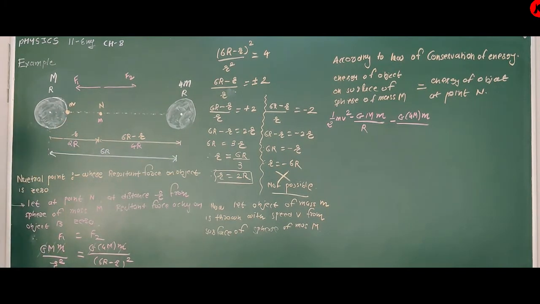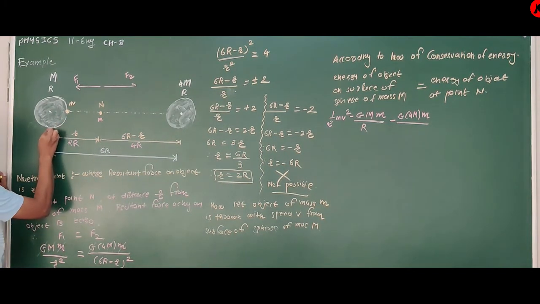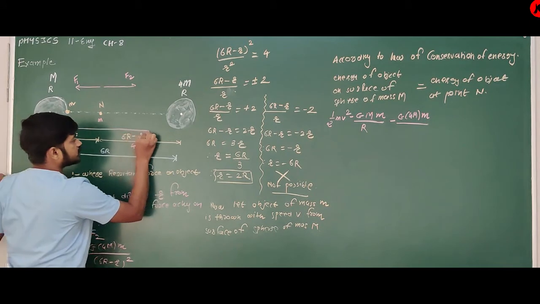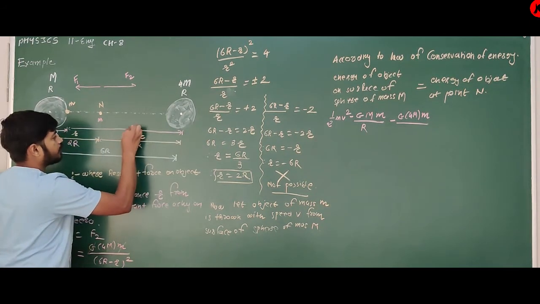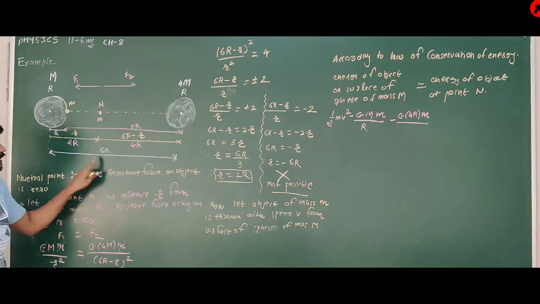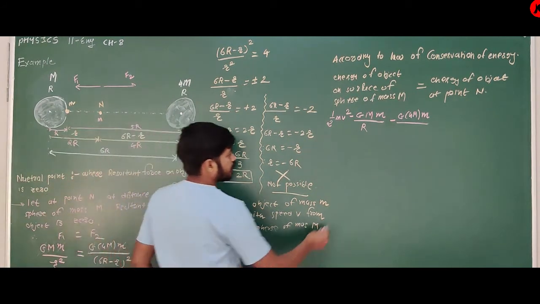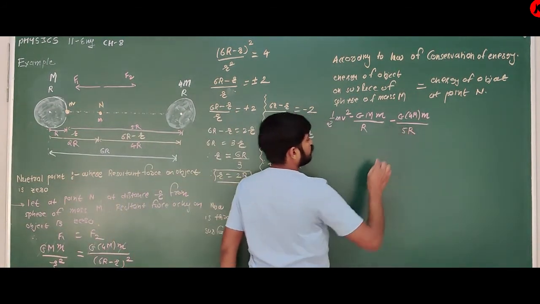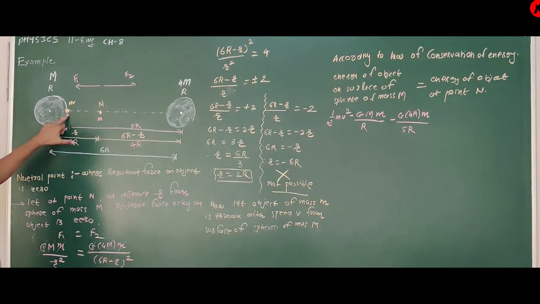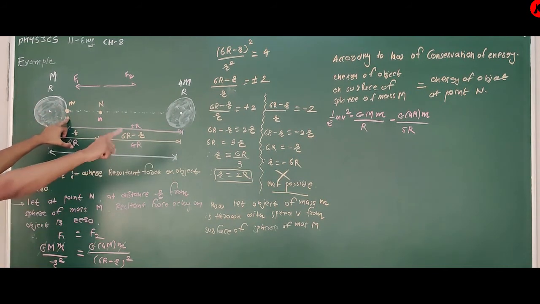The distance from the center to this point is r, so the total distance is 5r, because the center to center distance is 6r. So here you have to write 5r. Clear? So at this point, kinetic energy is half mv square,